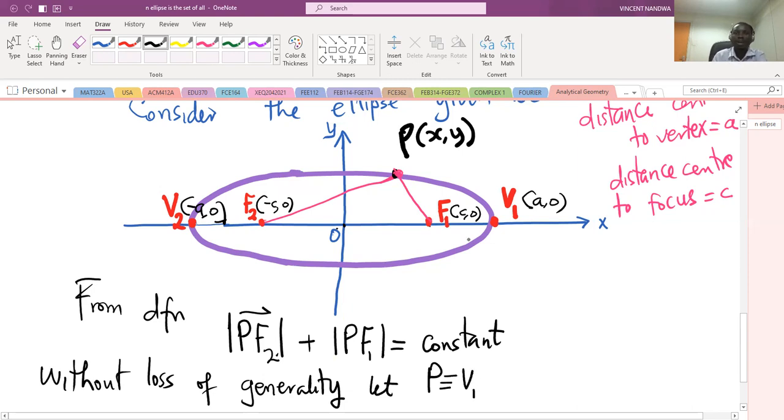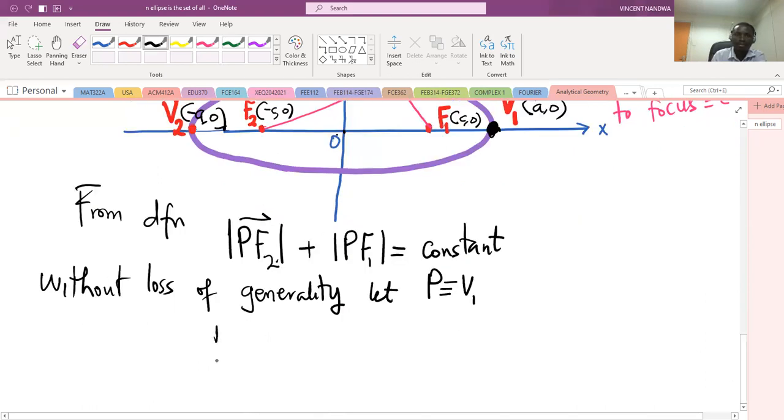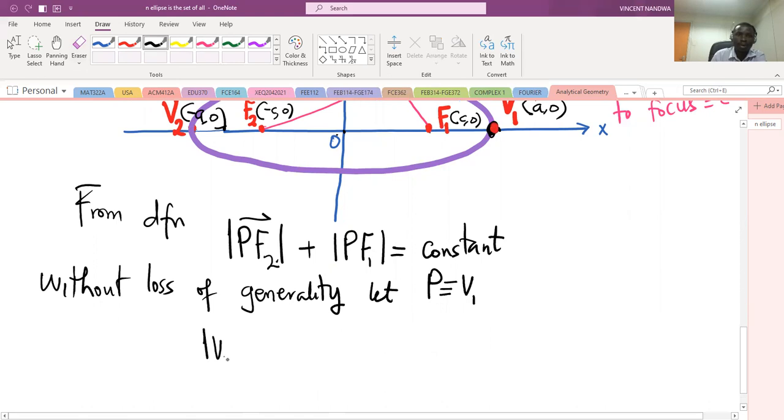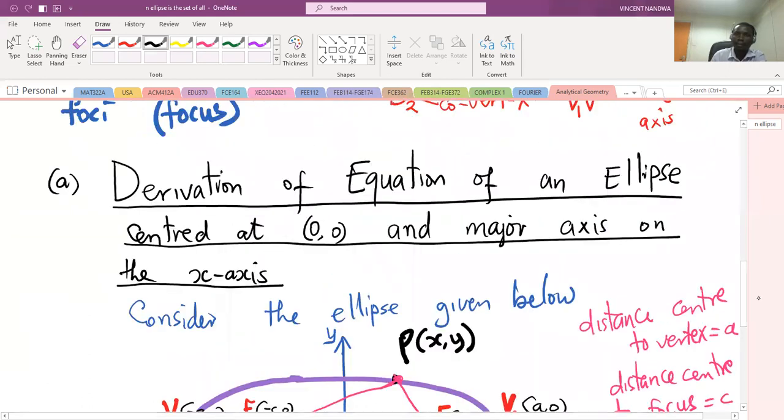That one is correct because V1 is still a point on the curve. So I can say, because I already know the coordinates of V1, let me take that one to be this general point P. If I put it into this formula, I'll have PF2 + PF1, so in place of P I put V1: V1F2 plus V1F1. And if you go to this diagram,